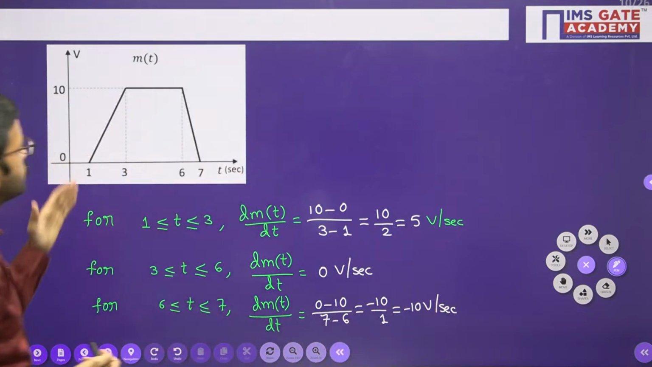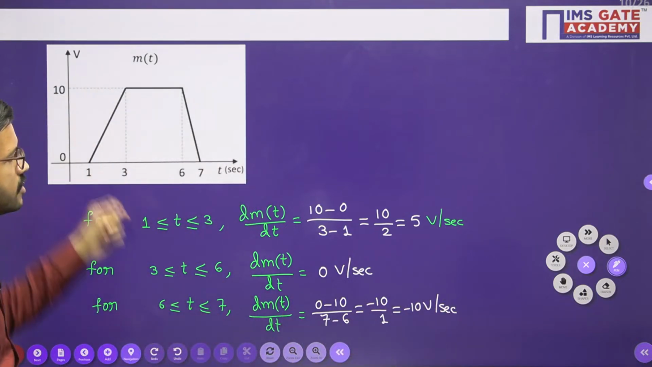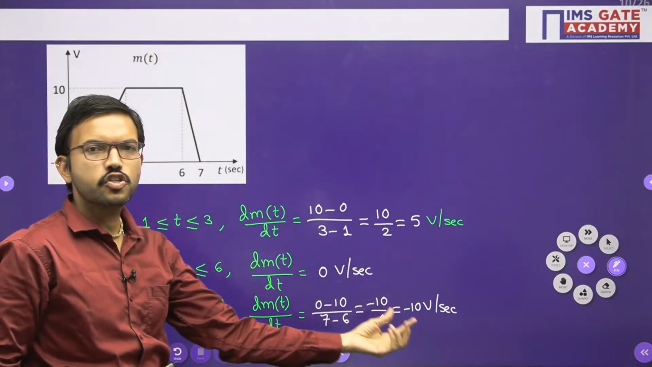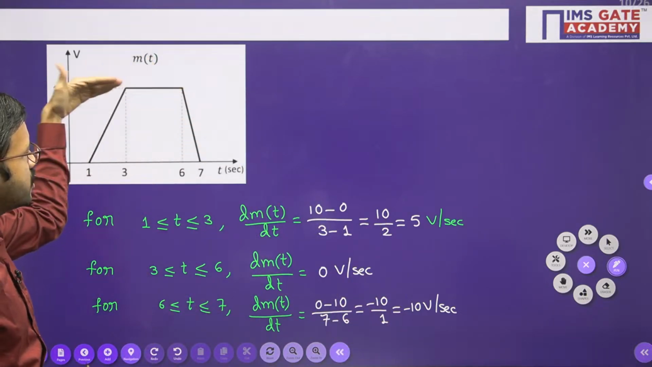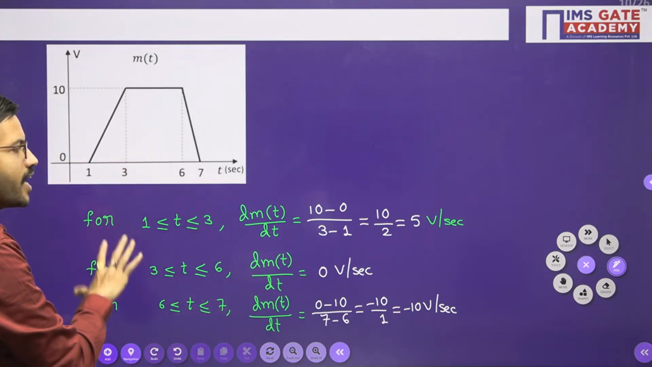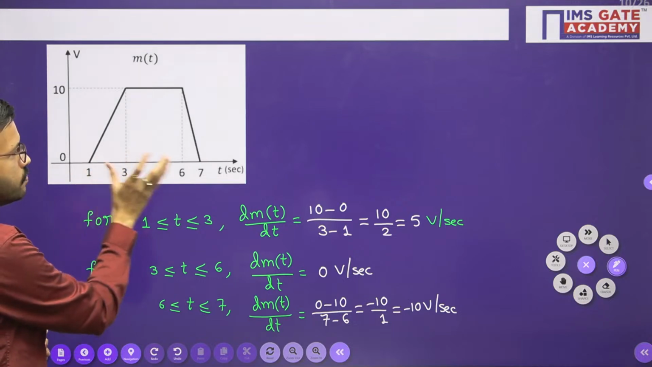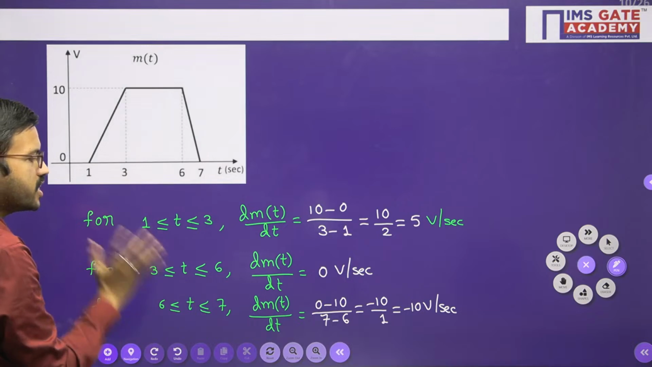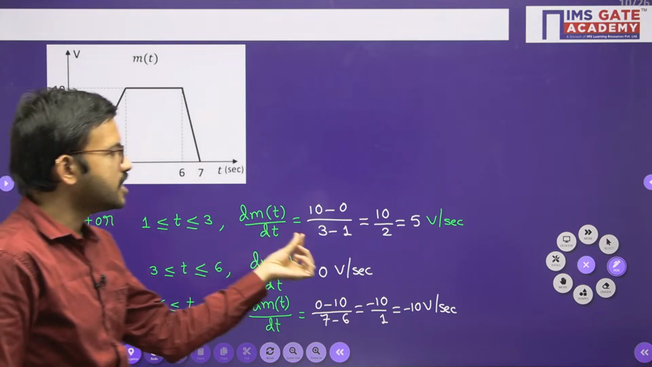Or you can easily observe, whenever the function is linearly increasing, you will get positive slope. Whenever the function is linearly decreasing, you will get negative slope. And whenever the function is constant, the slope of that particular line is 0. So here for understanding purpose, I have written the slope in each region. In the interval 1 to 7, I have made it into 3 intervals, and for each interval I have calculated the